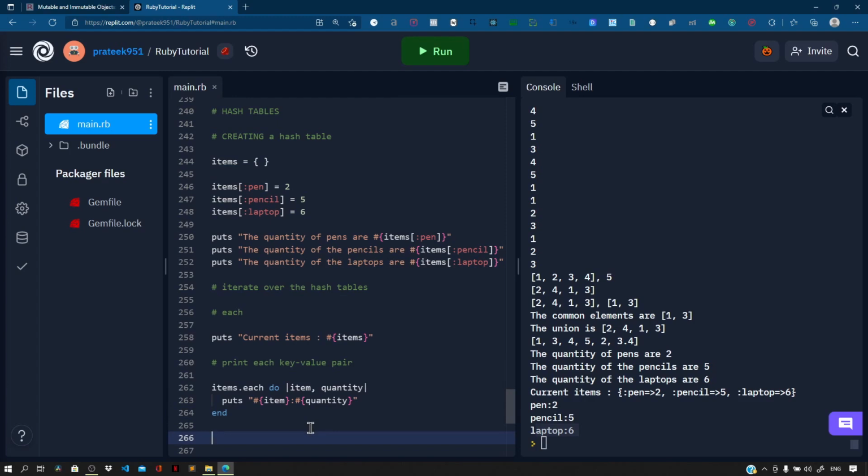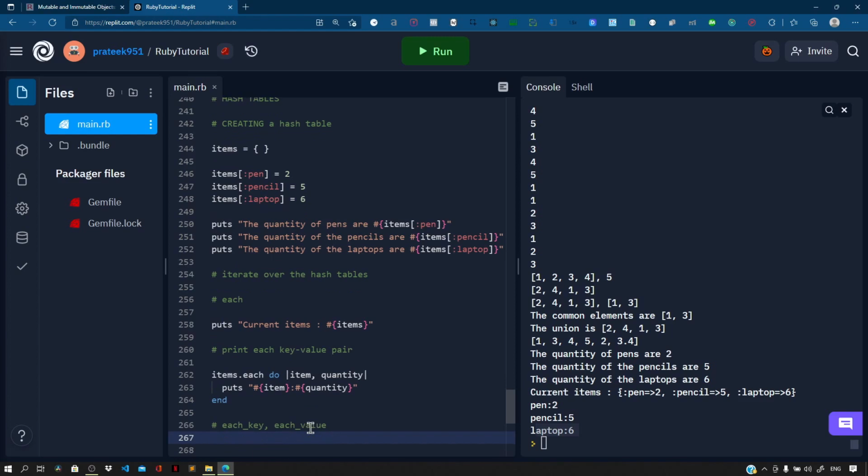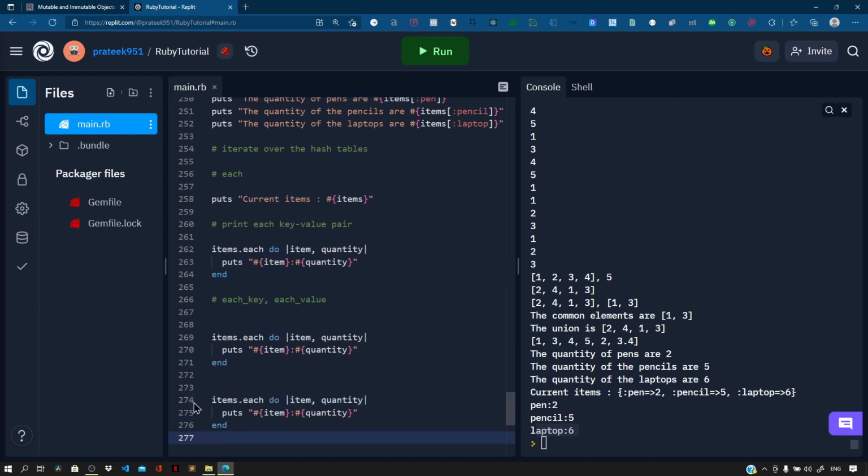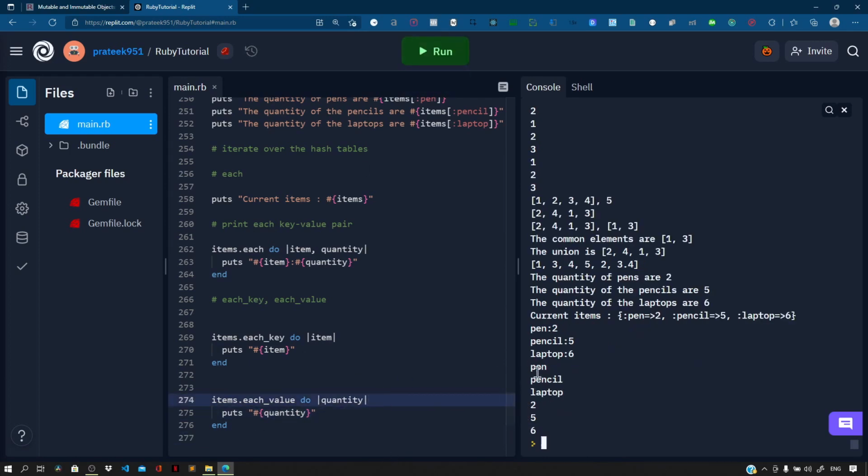Now as a side note, if you only want to iterate over the values of the map, then we can make use of the each underscore value method. And if you want to iterate over the keys of the hash table, then we can make use of the each underscore key method. Each underscore key and each underscore value. So let me show you this real quick. Let me copy this and paste it down below 2 times. And here let us use each underscore key. And here we are only interested in item. And for the each underscore value method, we are only interested in the value pertaining to a key value pair. So let us run the file now. Okay, so we get pen, pencil, and laptop for this one,